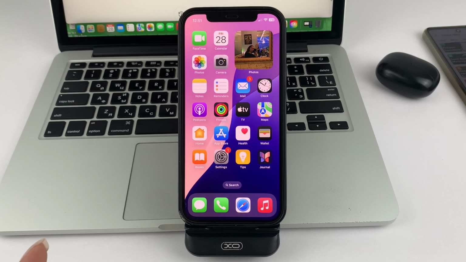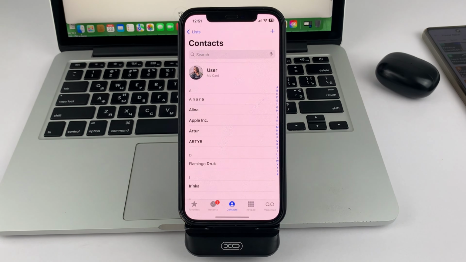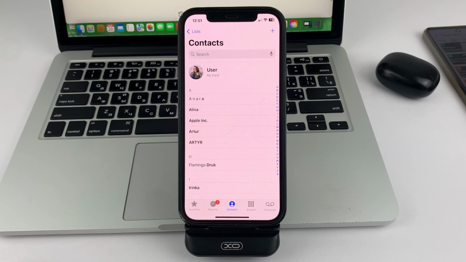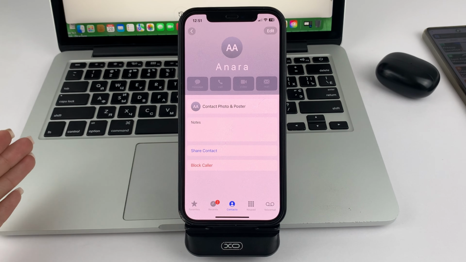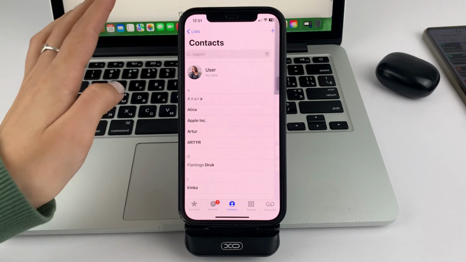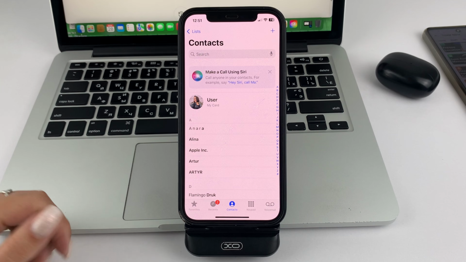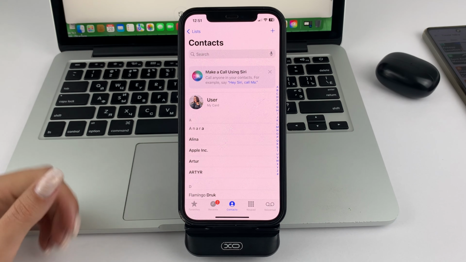on your iPhone. For this, you will need to open the Calls app. Next, you will need to select some contact from your contacts. After that, you just dial that person, call them. And the next thing you will need to do is, when you call the person, or let's say someone calls you, and you pick up the phone, to start recording the conversation.